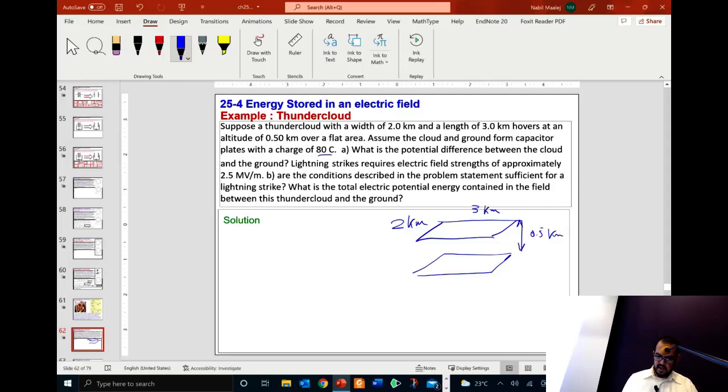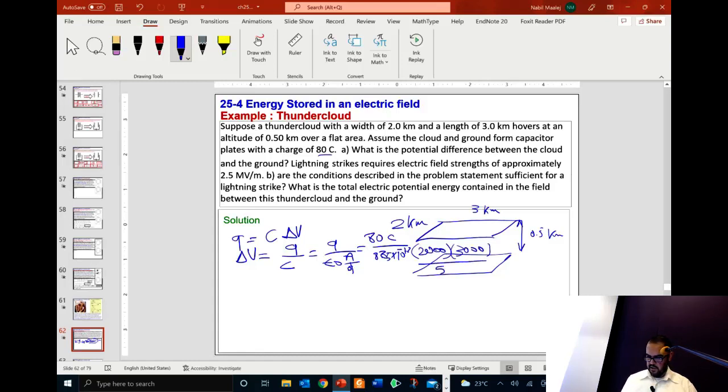Very simple. We have Q equals C delta V. So delta V equals Q divided by C, and Q is 80 coulombs. C is epsilon 0 times the area, divided by d. So this is 80 coulombs divided by epsilon 0, 8.85 times 10 to the minus 12, times the area. The area is 2,000 times 3,000 meters, divided by the distance between them, which is 500 meters. When you do that, you find the result is